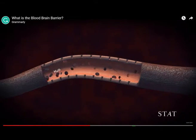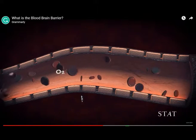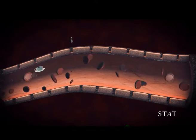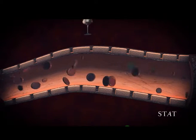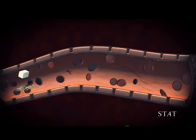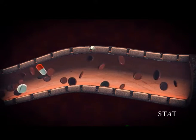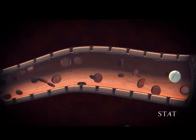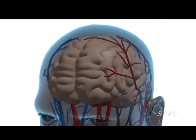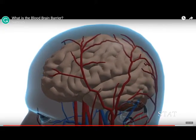Some molecules, like water and oxygen, can cross the blood vessel's wall and get into the brain. So can some fat-soluble substances like caffeine and alcohol. Other molecules the brain needs, like glucose, can hitch a ride into the brain tissue with the help of certain proteins. But by and large, the blood-brain barrier doesn't let most drugs through, which presents a big problem in medicine. That's made it tricky to find treatments that work well for neurological conditions like Alzheimer's, stroke, and brain